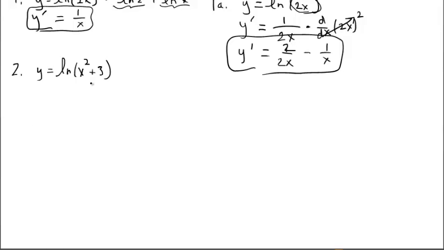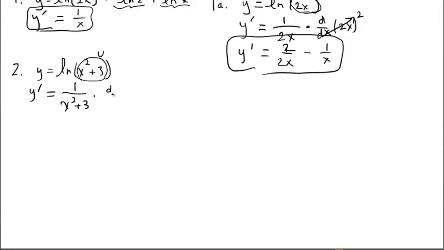Okay, so my objective here is to find the derivative. One of the things I just kind of real quickly take note of is that if I'm dealing with a log function, I always try and think before I differentiate, would it be helpful to use some of the properties to simplify this, break it apart? No, I don't see that I can use any properties, so actually I just need to get right into the derivative. So bringing in the derivative operator, identifying this as my u, the derivative is 1 over u